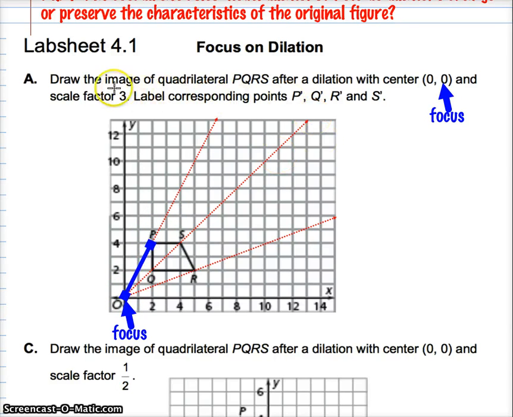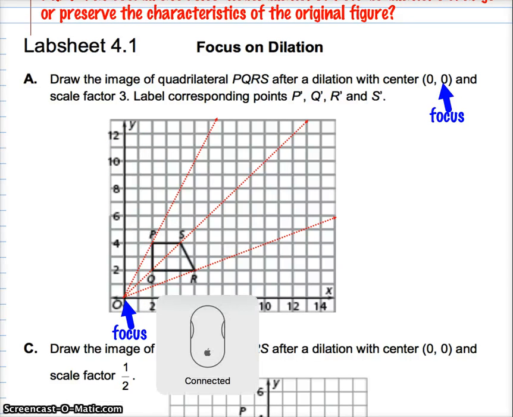I need to have a scale factor of 3. So that's a scale factor of 1. There's a scale factor of 2, double the distance, and a scale factor of 3. And that point should represent where my last P should be. Okay, so that actually was really difficult to read. So let's count this from